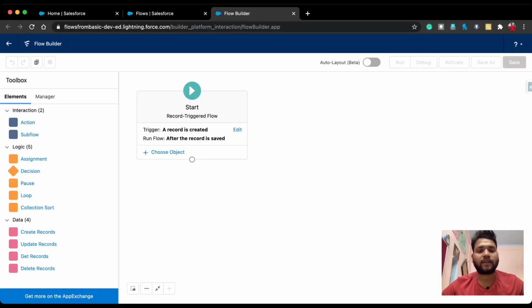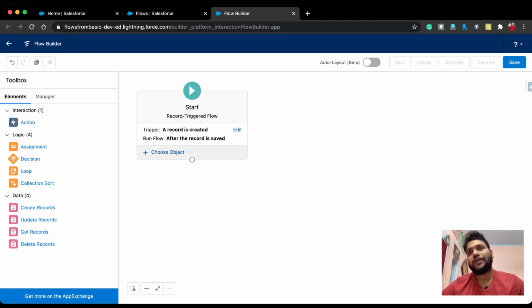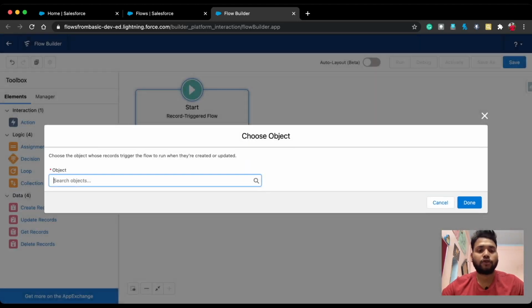Select freeform. In the start element, if you click on edit, you will see that by default it is set to a record is created and after the record is saved. So only when the record is created in our org are we going to send an email. Simply click done, and now you have to choose the object. Let's select opportunity,